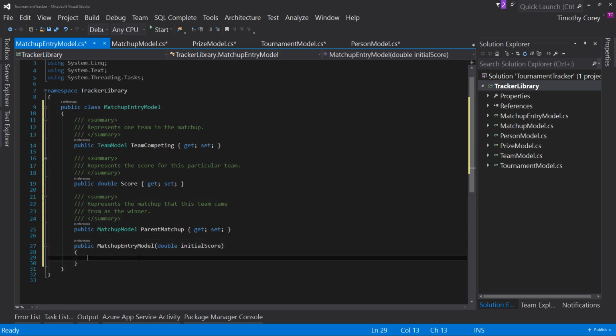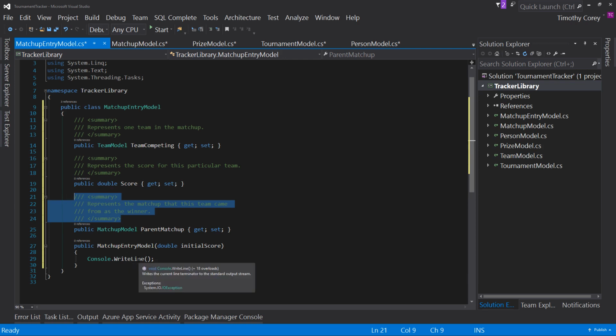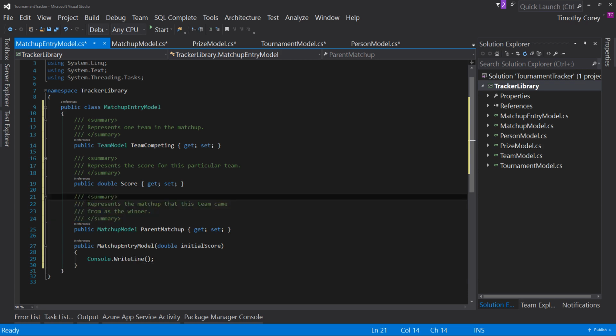Well, let's look at, if we did CW tab tab. Again, console write line, not really pertinent in this location, but pretend that it is. If I look at this right now, I see that it says it writes the current line terminator to the standard output stream. How does that method pass this information along? Well, it's by these slash comments. That phrase right there, writes the current line terminator to the standard output stream, that phrase comes from the summary